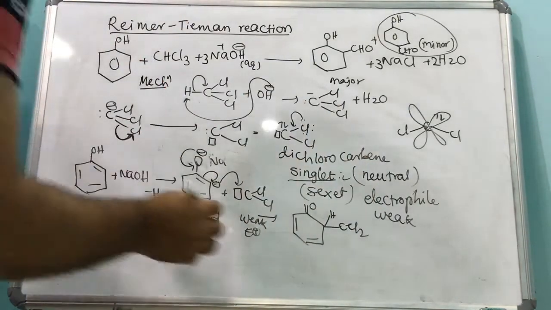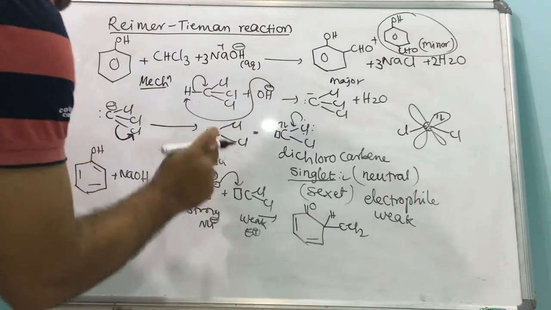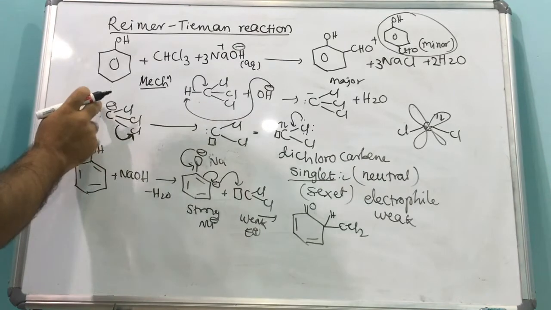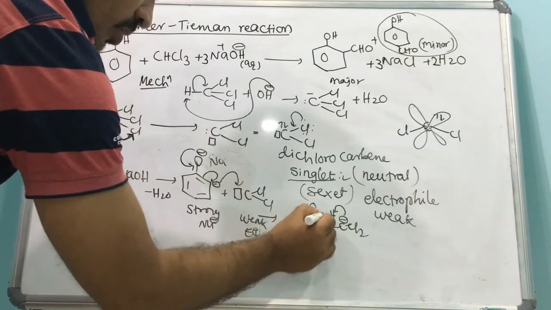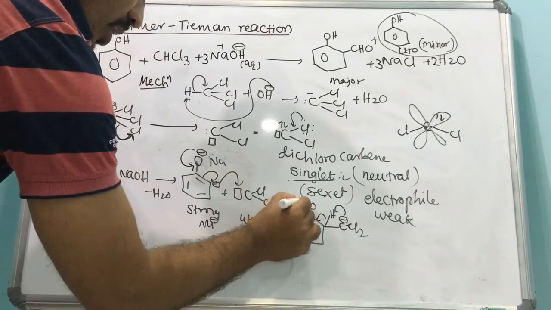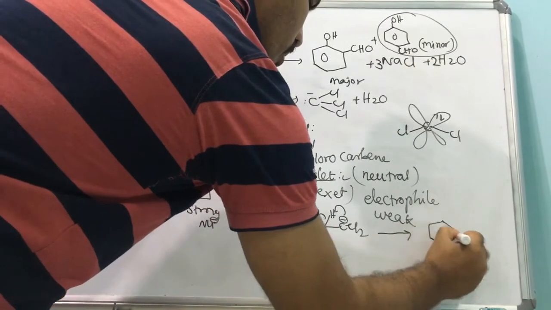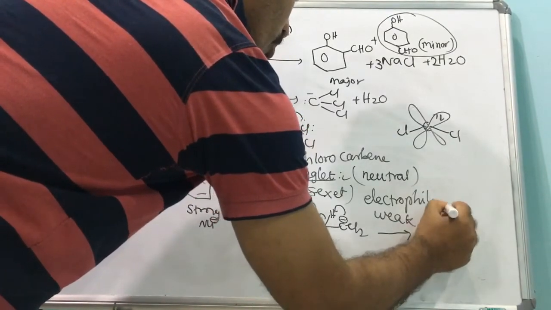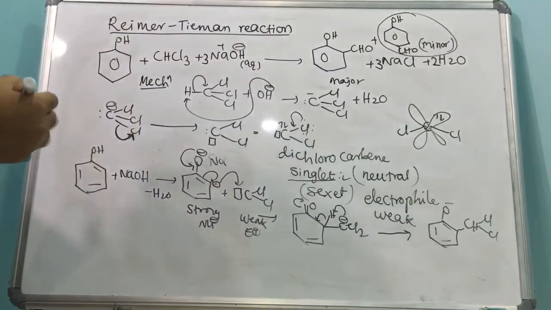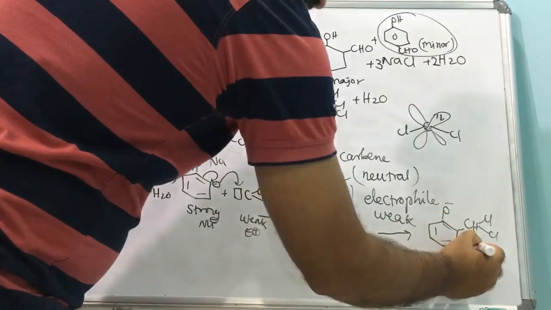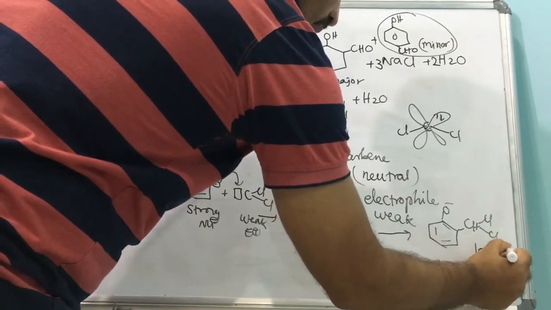Now already we have the triple bond, and it has one negative charge. This negative charge takes this proton and it becomes negatively charged here. Now if you observe, this is double bond O minus and CHCl2. This reacts with 2 moles of OH minus.